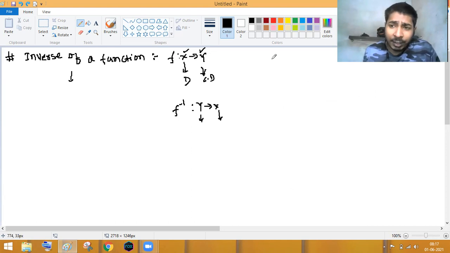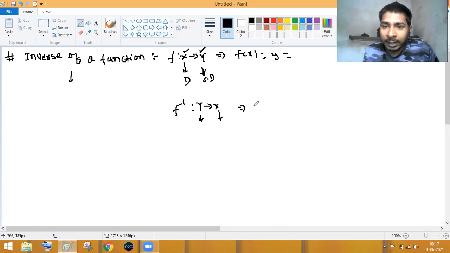अच्छा, फंक्शन में हम लोग क्या डिफाइन करते हैं? In the function, what are we finding? In the function we are finding f of x equal to something like x square plus some, meaning we are finding y equal to. This time we find f of y. Here we will find not y, we will find x equal to.